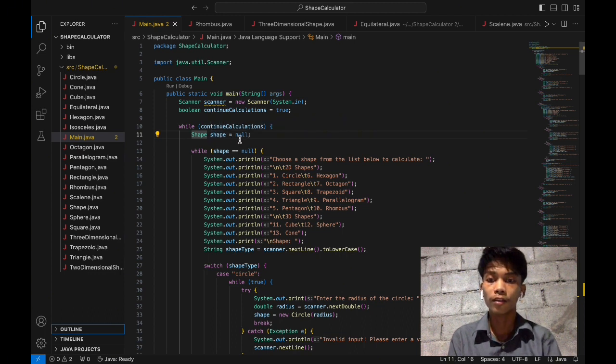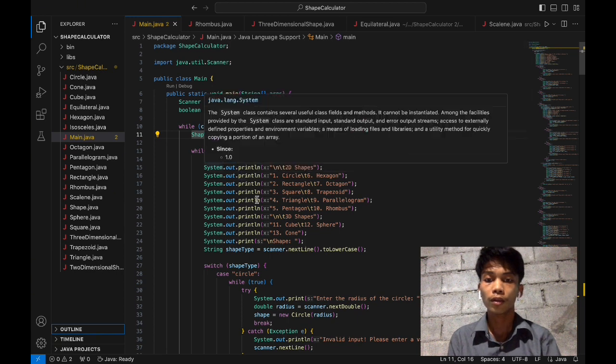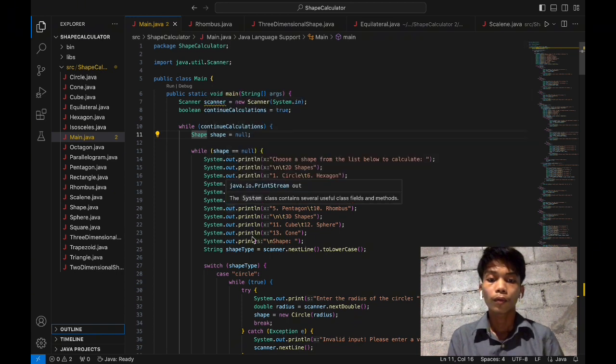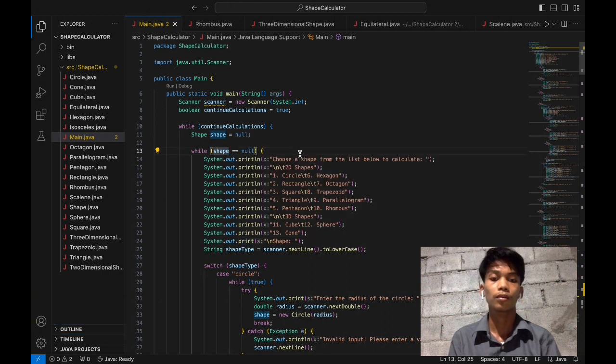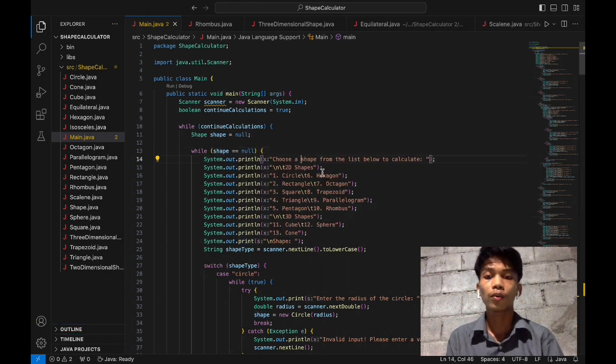And also we have this while loop. This loop ensures that a valid shape is always selected. And also we prompt the user to choose a shape from the list, which lists down all the two-dimensional and three-dimensional shapes available for the calculation.